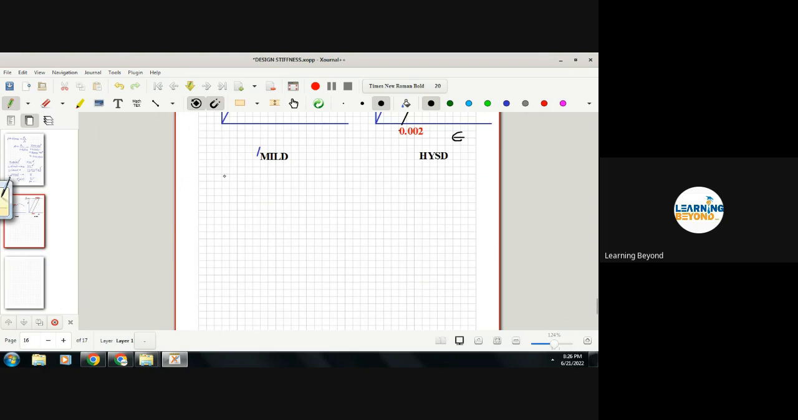So if you are taking mild steel, then the permissible stress in bending tension is 0.66 Fy. This is the permissible stress in bending tension, and we can say this is the factor of safety here. Permissible bending tension means if you are designing any beam,